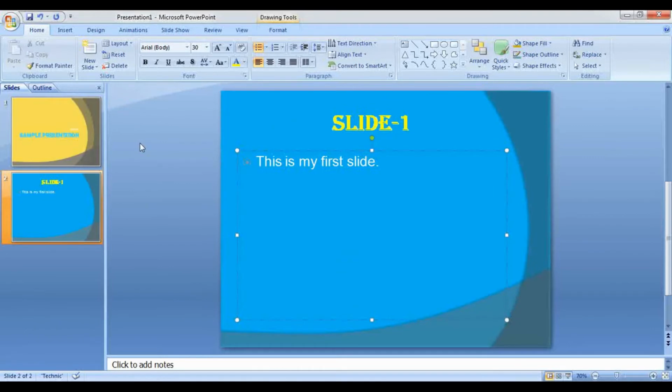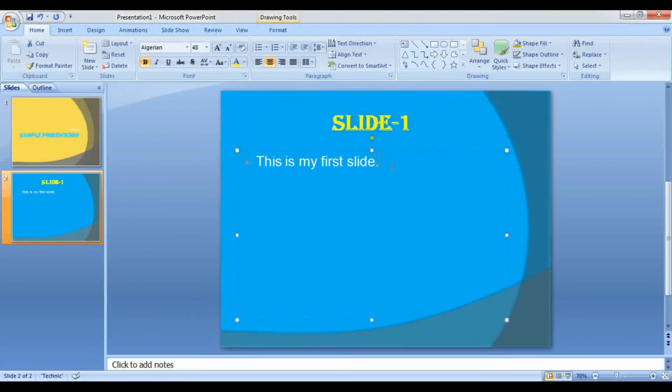Now coming to the main part, that is applying animations and applying transitions. Before knowing what animation is, how it is applied, what transition is and how it is applied, you should be clear with two important things. First thing is, animation is applied to a particular text or picture. So it will be applied to a single or multiple objects of the slide.